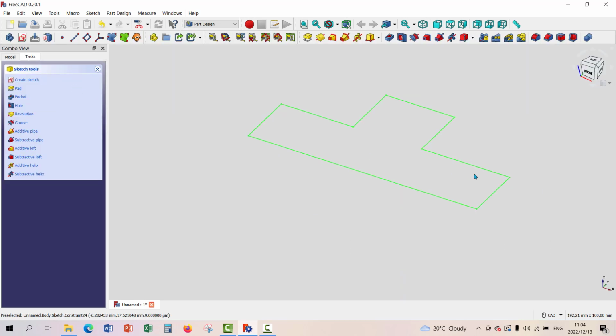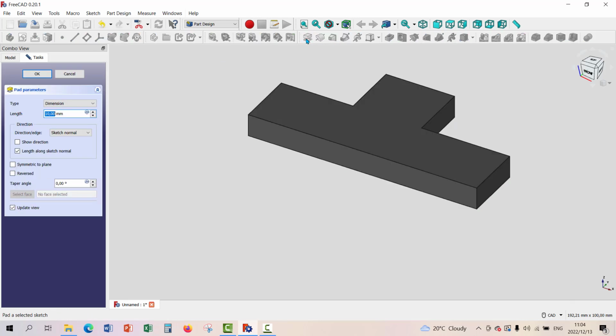You can close that one, you've got that picture, and now you can pad it. Boom, there we go, we've got it padded. Fantastic. That is another way of doing things. Okay, so